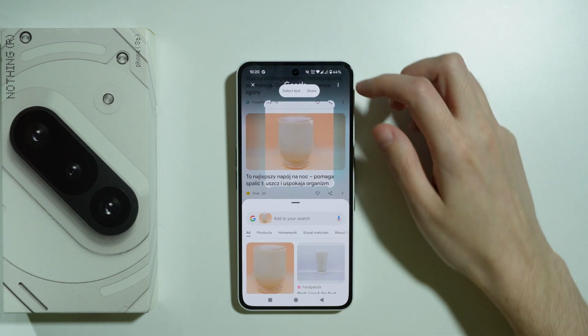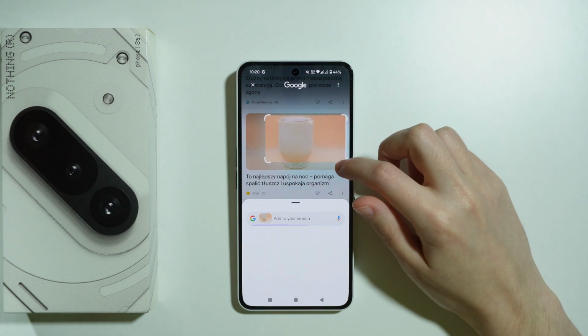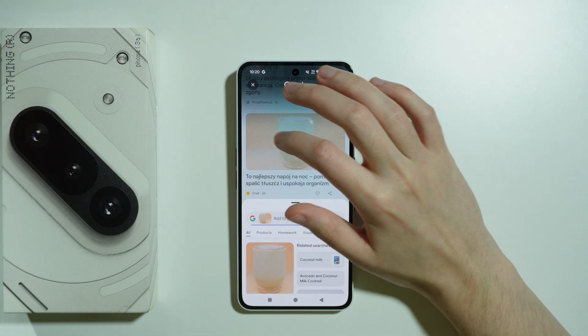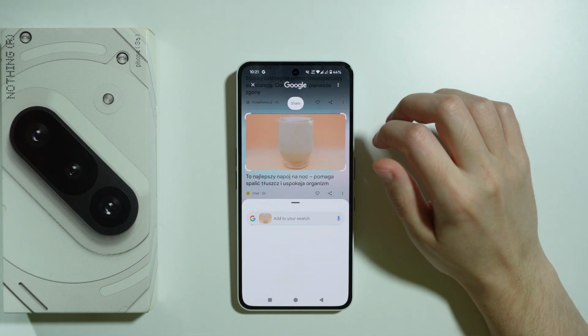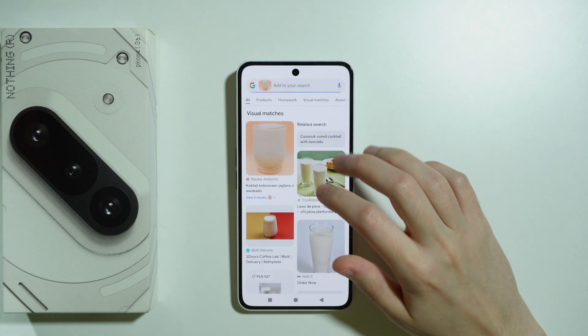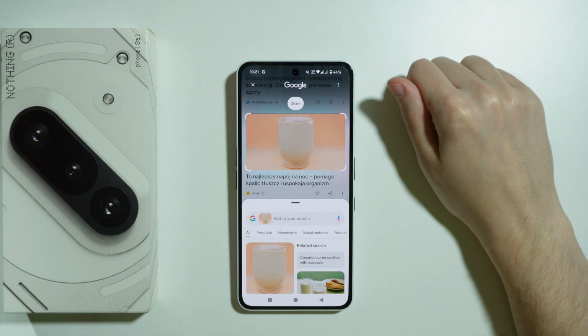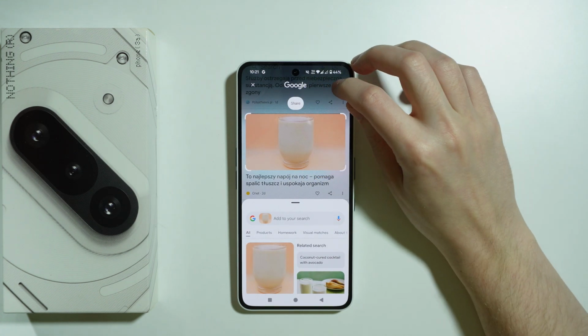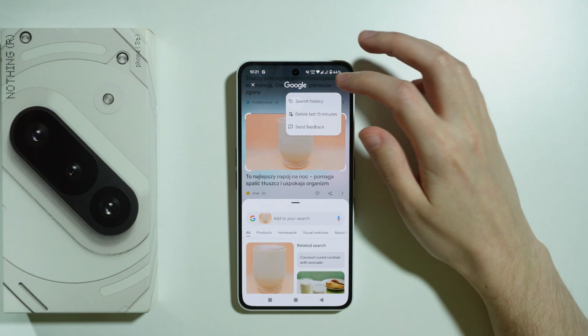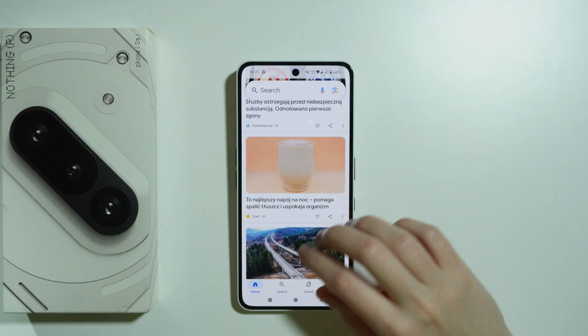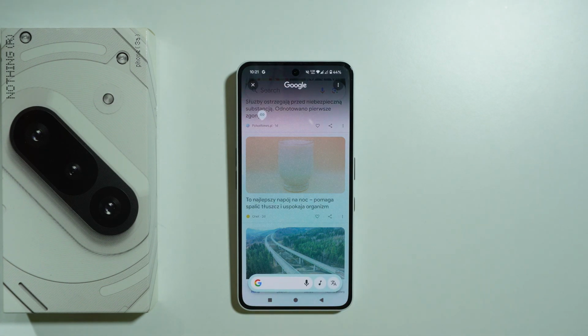We have some results. We can, of course, adjust the area that we are looking for, and you can also simply tap on the object or a photo to immediately search it without having to draw a circle around it. In addition to that, we can also find the search history, we can delete the last 15 minutes, and so on. If you go back to the Circle to Search, we have additional tools at the bottom,